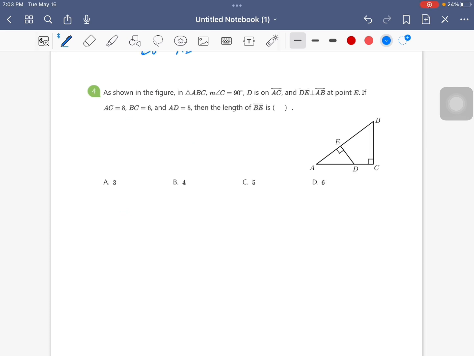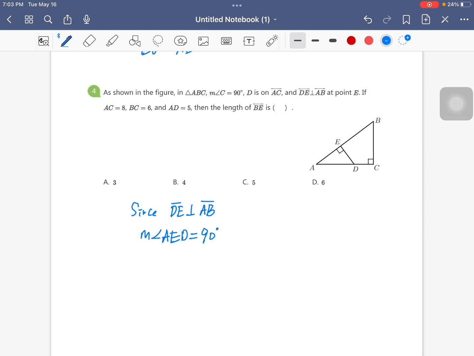The first question: we have the triangle ABC with angle C equals 90 degrees, and D is on AC, and we have DE perpendicular to AB at point E. If AC equals 8, BC equals 6, and AD equals 5, what's the length of BE? Okay, since DE is perpendicular to AB, we have the angle AED equals 90 degrees,